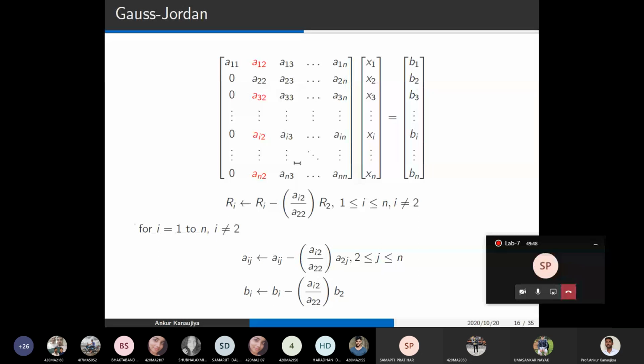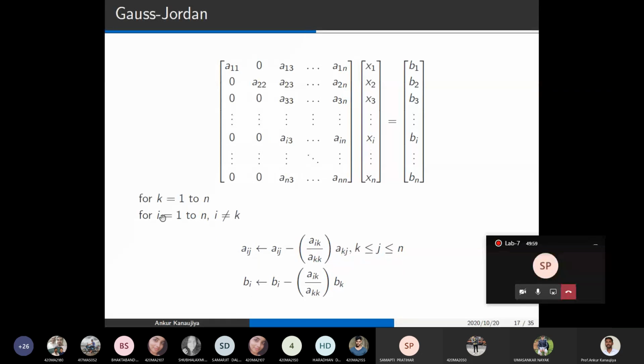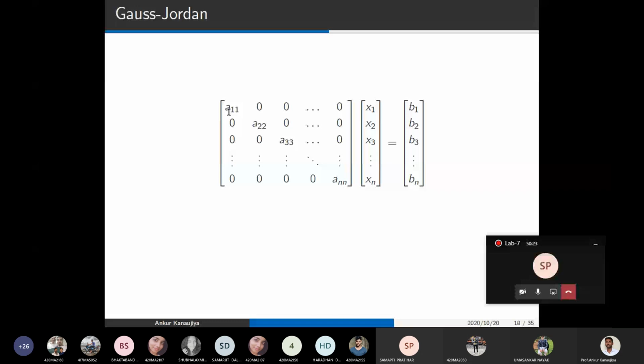So now can you tell me how many steps are required here? N steps, because in the last column also we have to make entries 0. So k from 1 to n, the remaining thing is the same as previous. The only difference is i is not equal to k. Only in the kth row will we not apply it, in the remaining rows we apply it. Like in the second row we will not apply, the remaining we make 0. Similarly for the third. So the only difference in terms of programming is k is from 1 to n, because in the last column also we have to apply, and i is not equal to k. Once we apply all, we'll get this much, and then it is easy to find x.